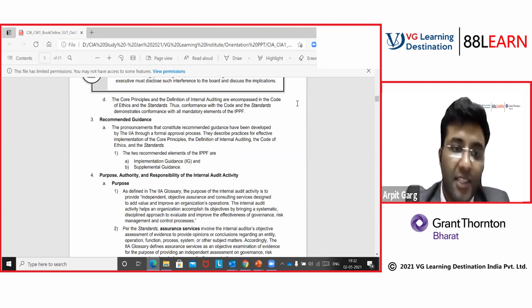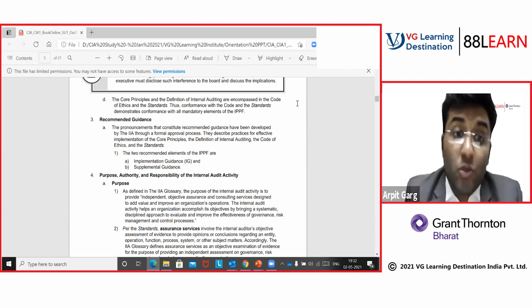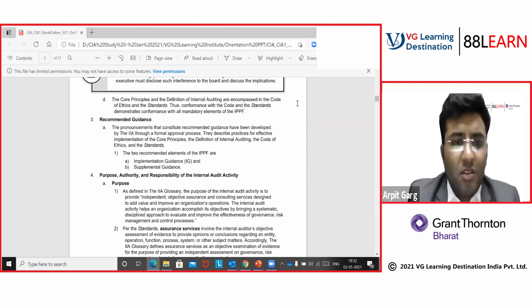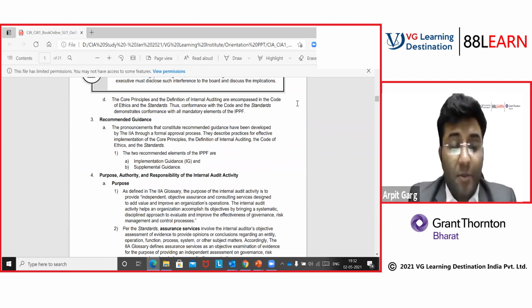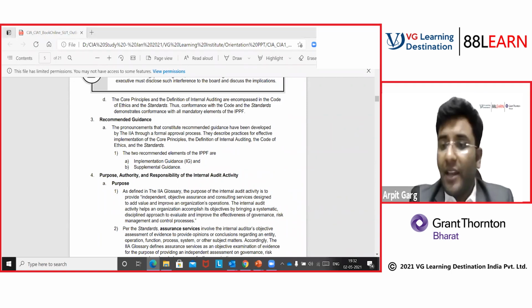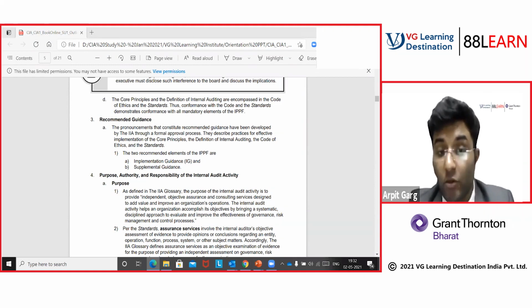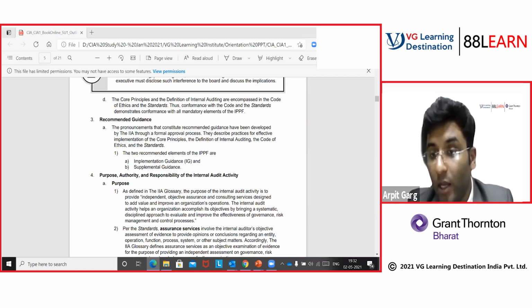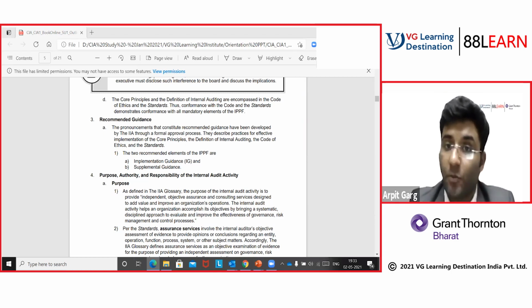So Himanshu is asking, does implementation mean the risk associated with the internal audit charter? Himanshu, I'm not clear with your question. Can you please repeat that or further elaborate it? Folks, my encouragement is please ask as many questions as possible, because your questions can actually help clarity to other fellow members as well. So please don't hesitate to ask questions. Please ask as many questions as possible. Okay.